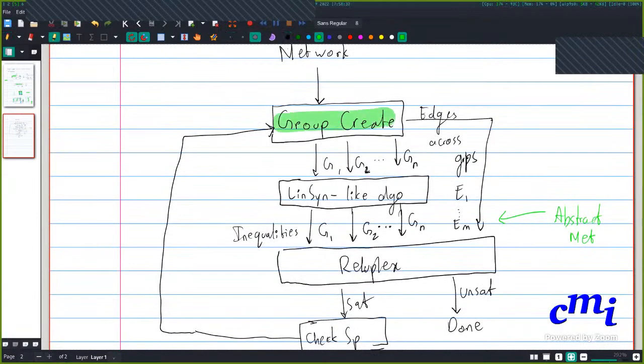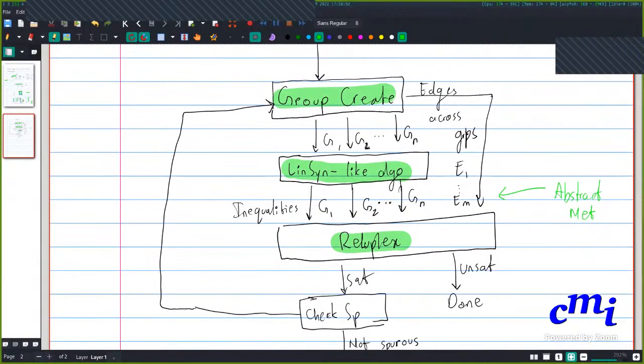So this is the high level overview, and then we'll have to go into the details of each one of these steps. How do we decide which groups to make? What sort of Linsin-like algorithm do we use, and how can we use ReLUplex, right? This spuriousness check is just done by simulating it on the original network.